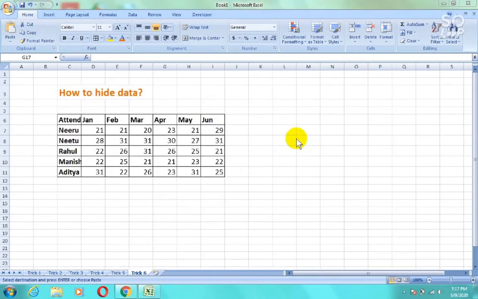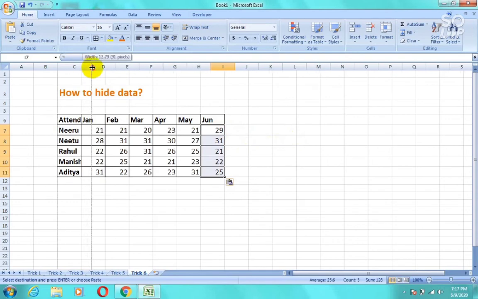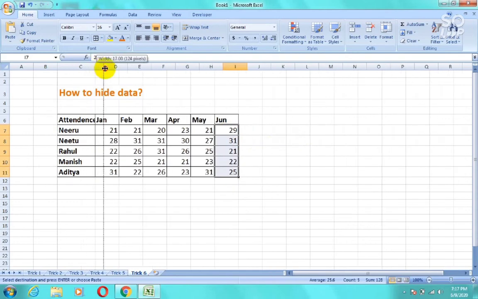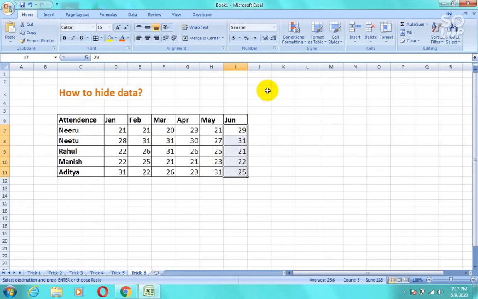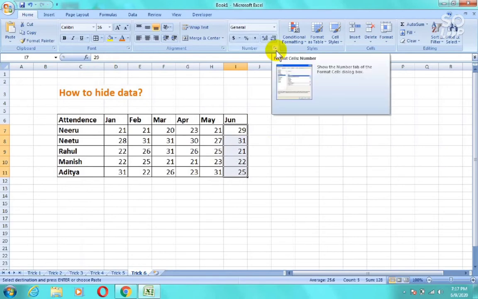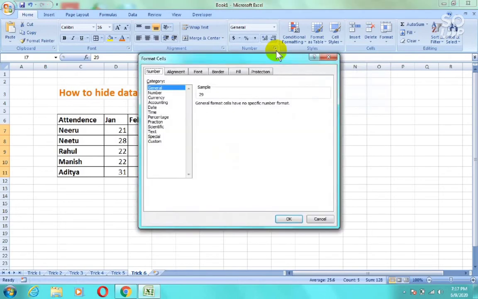Now let's check out our next trick, that is how to hide any data. Simply select your data which you want to hide and then go to Home tab and from Number select Number and then go to Custom.